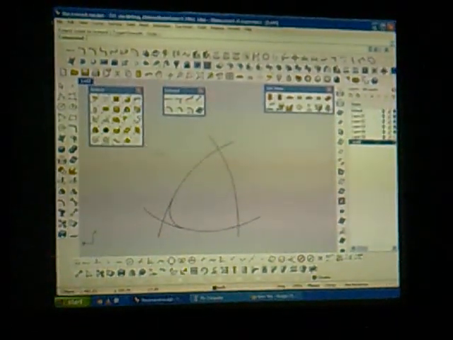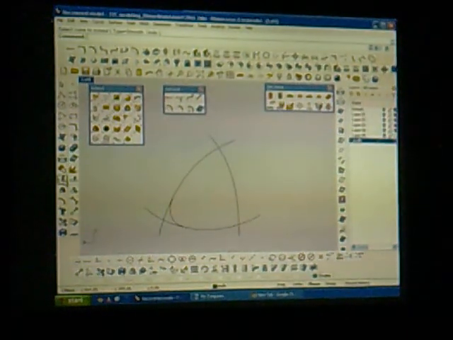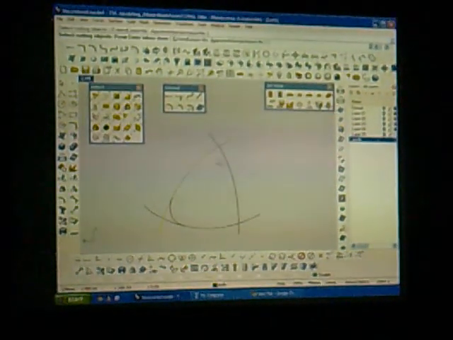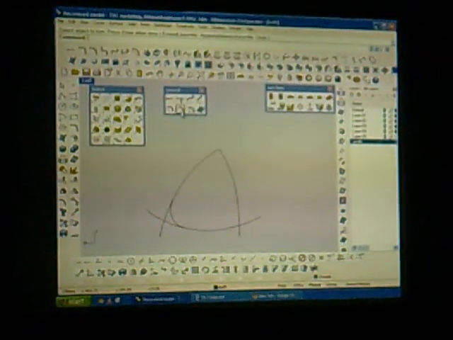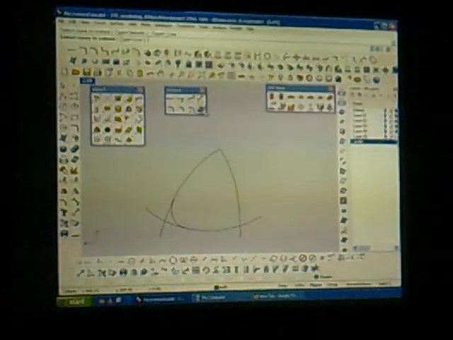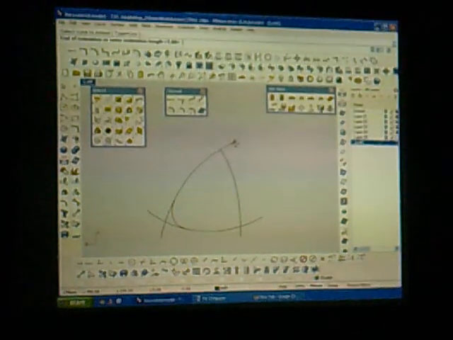Now, let me trim these two with these ones again. Okay? What we will now do is try and extend these as straight lines. So this one I will extend as a straight line. This one